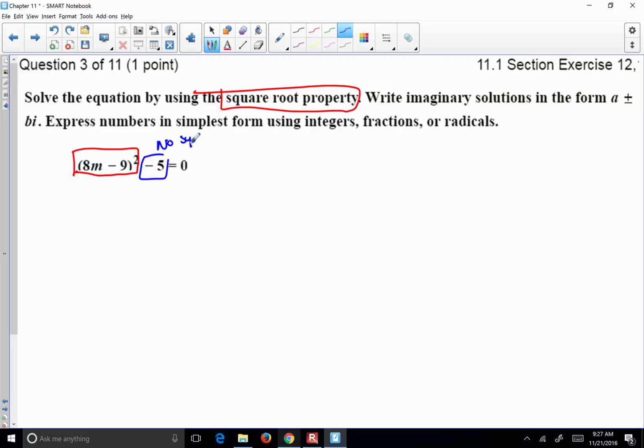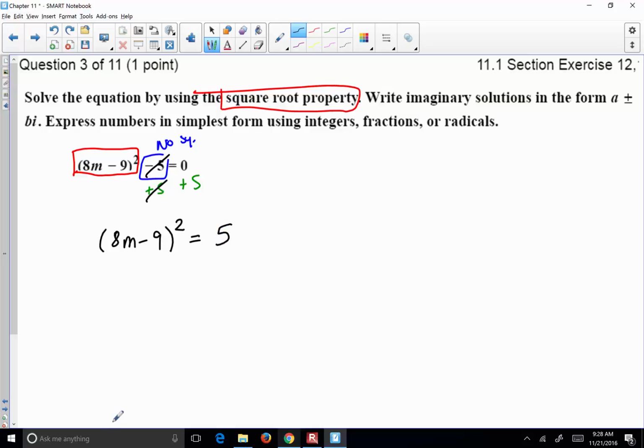If you don't have a square, you need to travel. So travel that minus 5. How? Add 5 to both sides, and there you go. 8m minus 9 squared equals